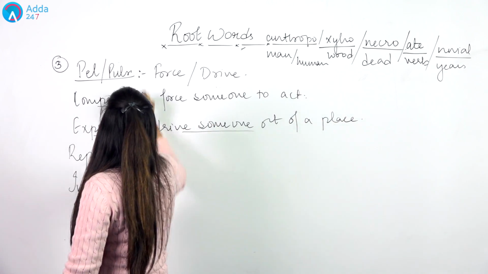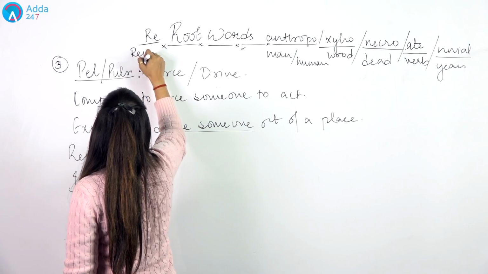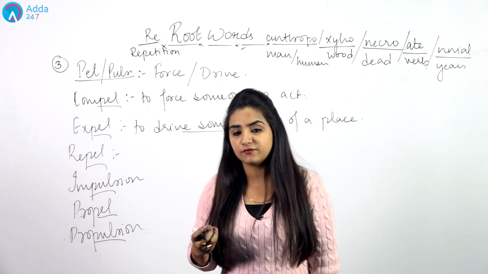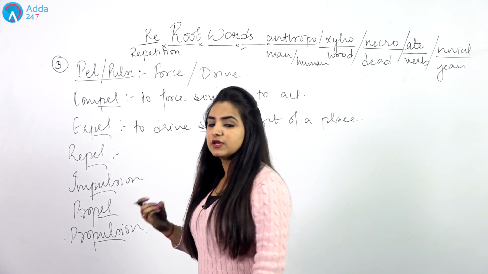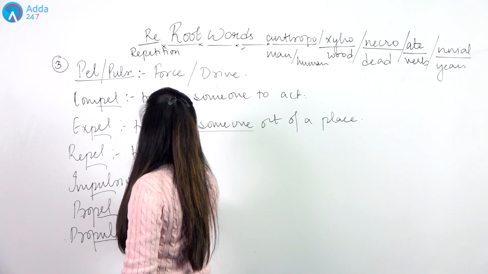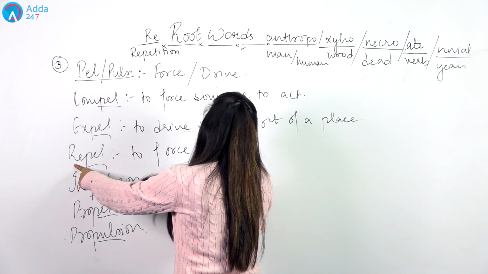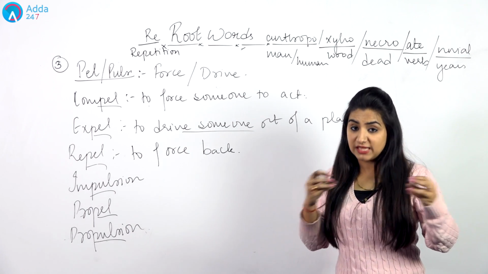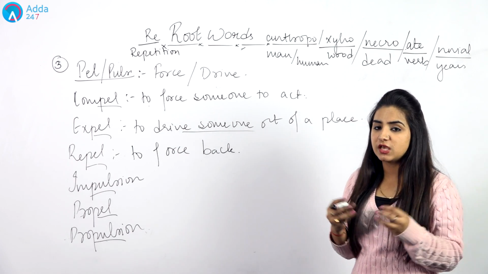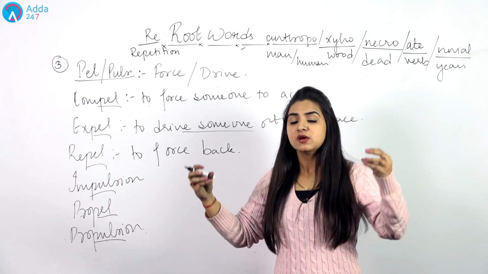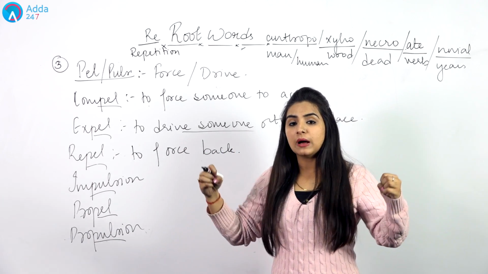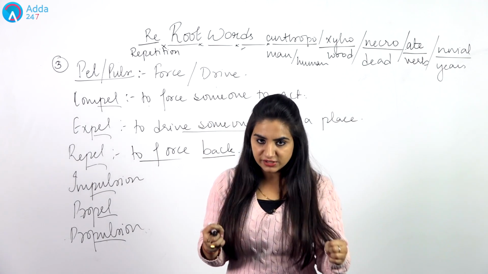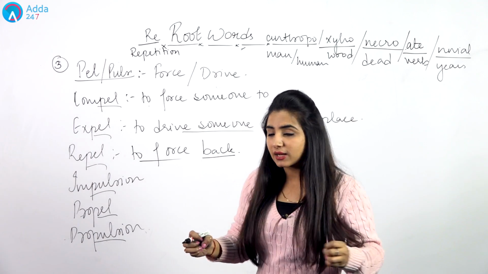Next is repel. Now see, whenever we have this word re written somewhere, this talks about what? This talks about repetition, right? Repel, repeat, reverse. This defines repetition of something. So when I say repel, this means to force. Pel means to force, and re defines to force back. For example, if you join two same points of magnets, what happens? They repel. That means with forcefulness, they go apart. So this is what we mean by repel, to force back. So magnets with same points repel each other. That means they go back on each other.